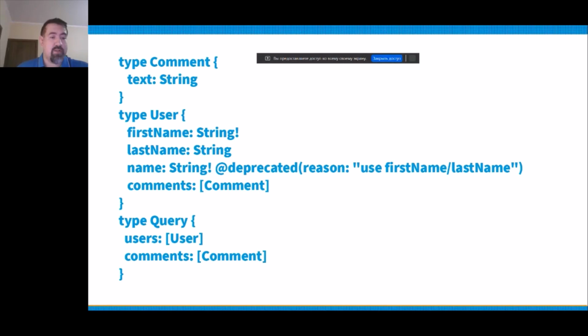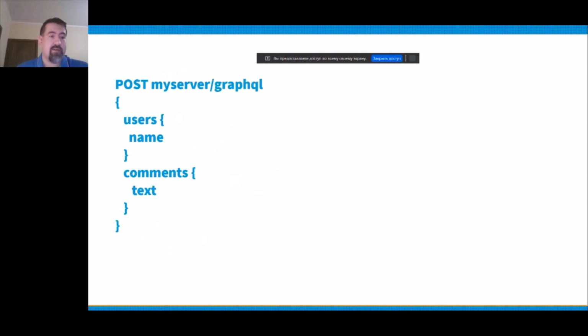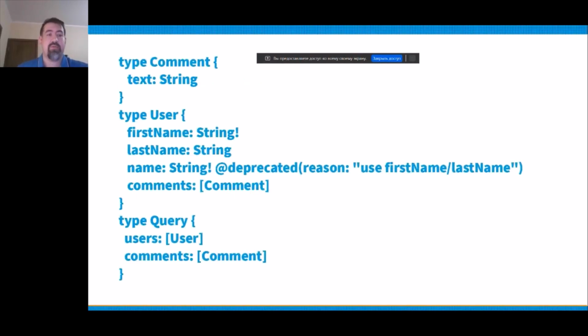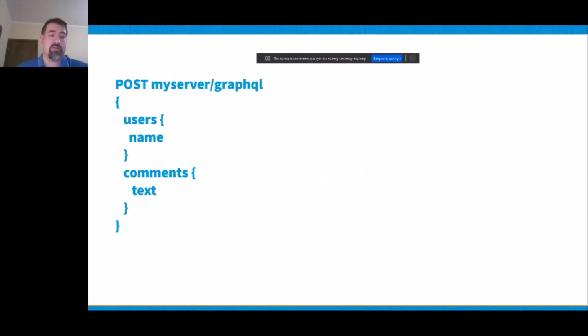And if you want to query this, you are just sending a single POST request to the endpoint and getting all users and comments and the details you need. For instance, if someone later adds a timestamp to the type comment, this query will not return it because it's not requested. So it simplifies the evolution of the type system. The client gets only what is requested and never sees new types and new stuff you add into the system.